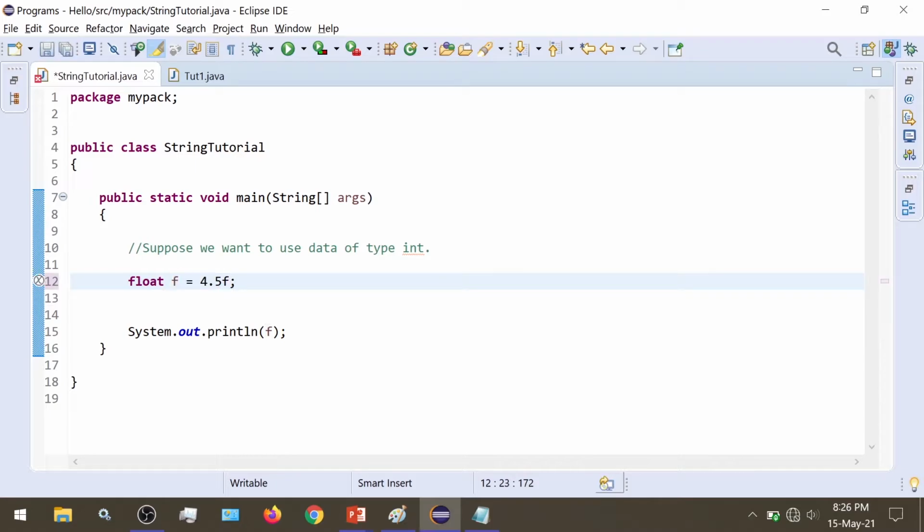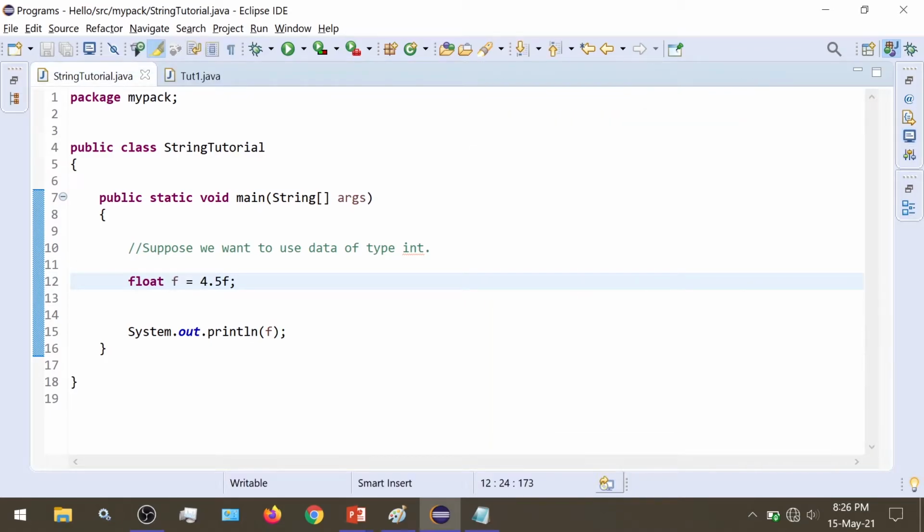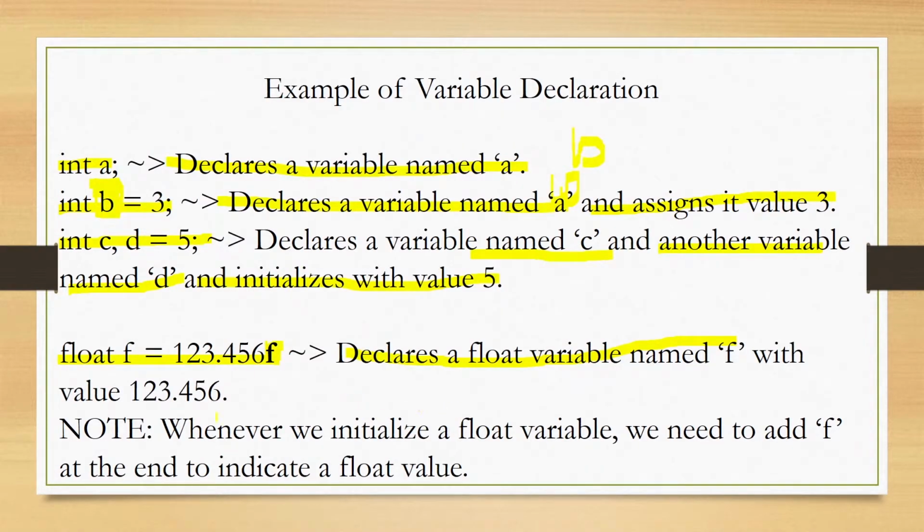Whenever it encounters the letter f, it understands that this value is to be represented as a float. Now when we run this, it runs fine and we get our output. So this f while declaring float values is important. Whenever we initialize a float variable, we need to add f at the end to indicate a float value.